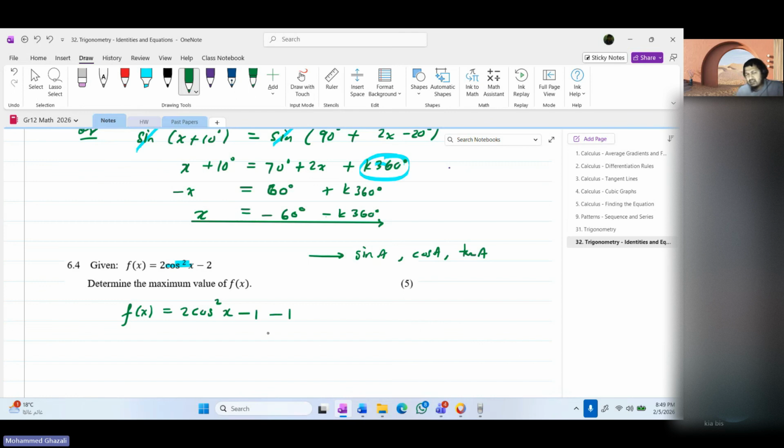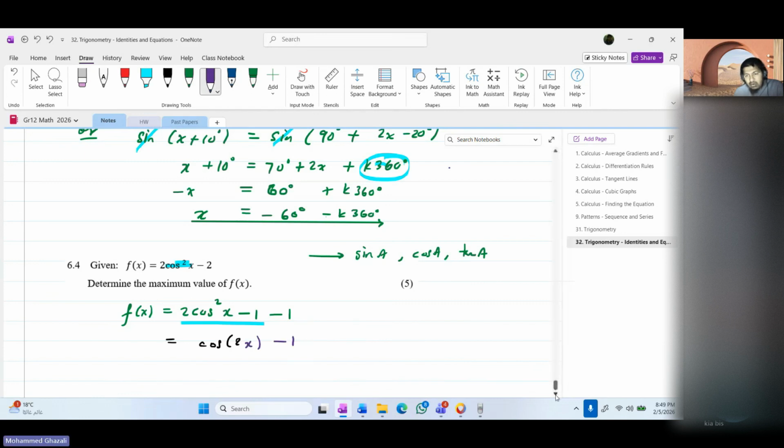Why did I do that? Because I can change this into a double angle, not a square. So if this part here can be changed into a double angle, what's the double angle for this? This is just cos double angle, cos 2x,